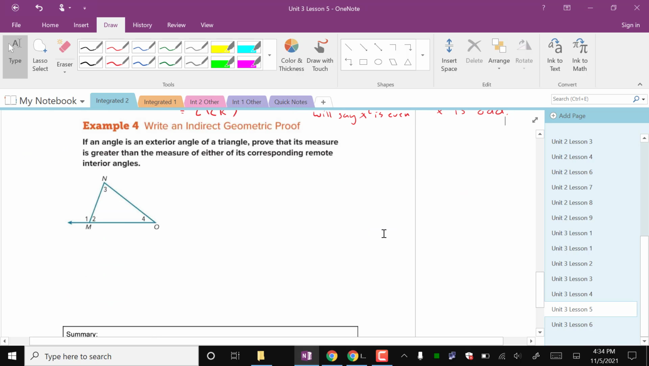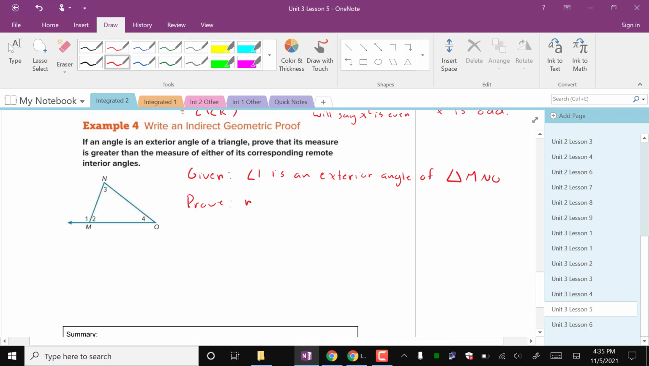All right, example 4, write an indirect geometric proof. If an angle is an exterior angle of a triangle, prove that its measure is greater than the measure of either of its corresponding remote interior angles. So given: angle 1 is an exterior angle of triangle MNO. Prove